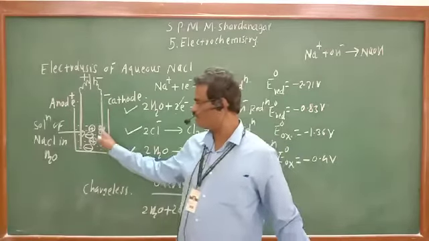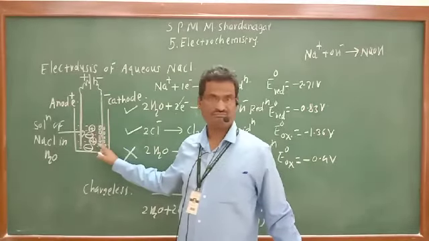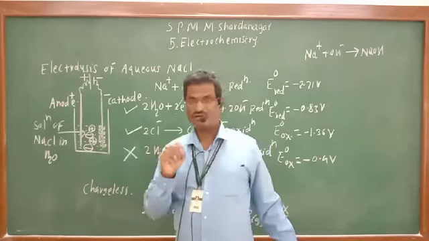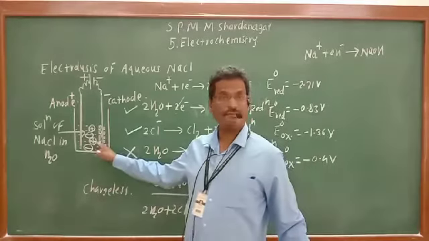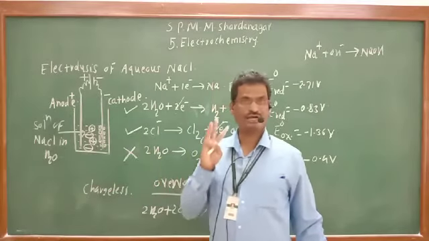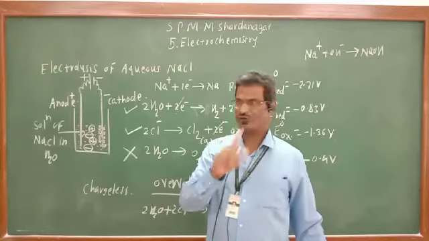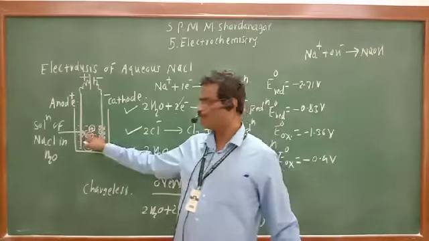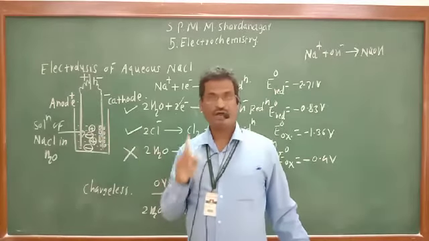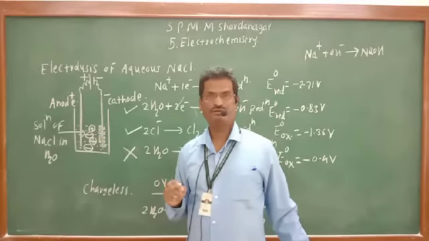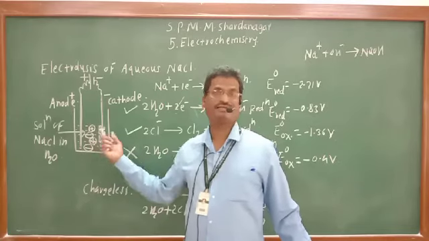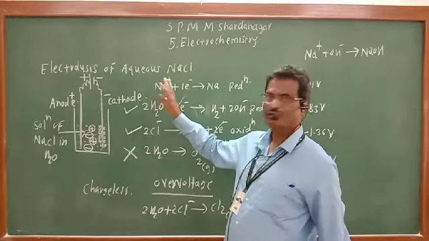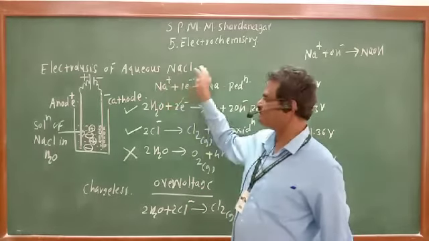We started with NaCl, sodium chloride, and we end with the formation of NaOH. So those are the three conclusions. First, evolution of hydrogen gas at the cathode; second, evolution of pale yellow colored chlorine gas at the anode; and third, the formation of NaOH in the solution because NaCl is converted to NaOH. Those are the conclusions of electrolysis of aqueous NaCl.